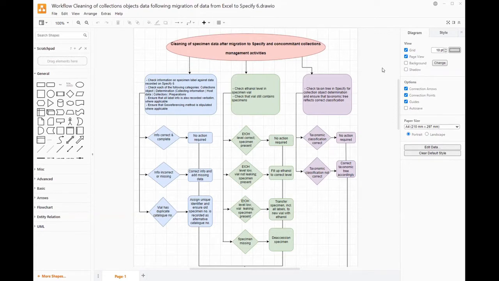And we know that you have moved data into those: the collections object, the determination, the collecting information, host data, collectors, and preparations, as far as we have that information available on our old label data. Then to ensure that all label info is also recorded verbatim, that, for example, when we recapture data from the